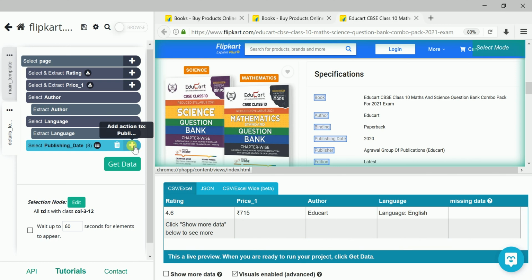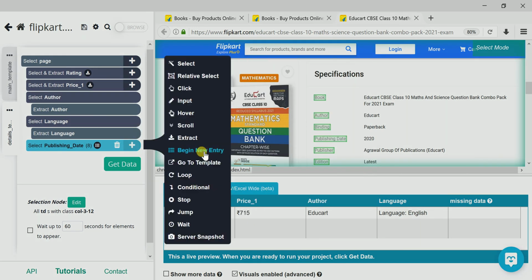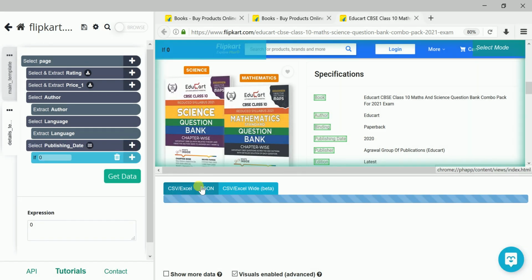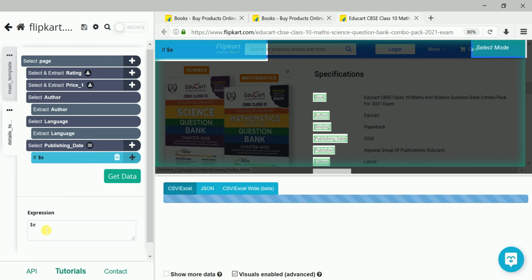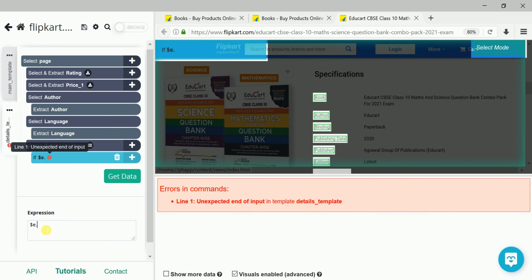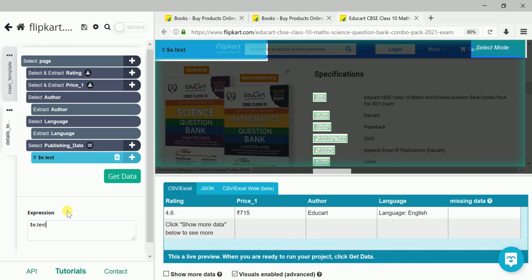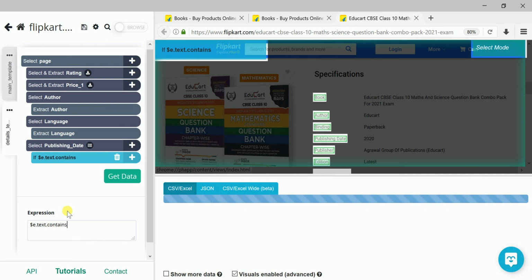Then I need to write a condition. Click here, go for advanced condition. Here you can write a condition with a dollar symbol, e for element, dot, the format in text, dot, then the keyword contains. That means we need to write contains.